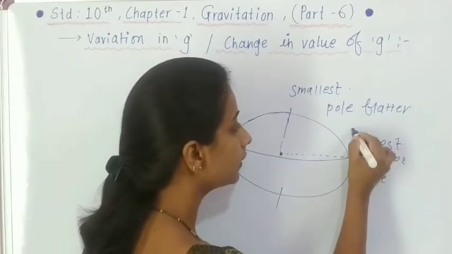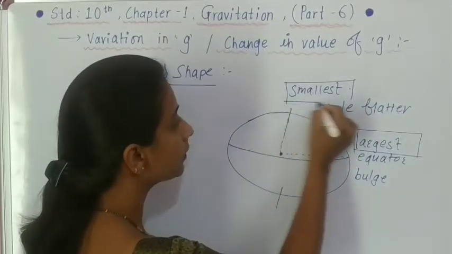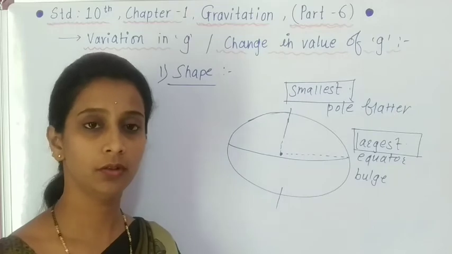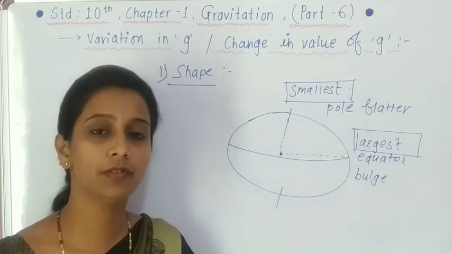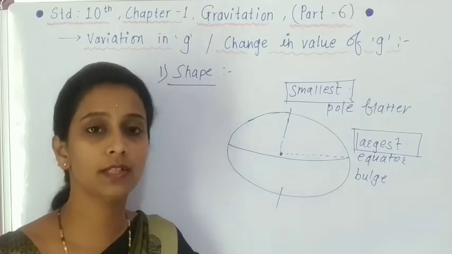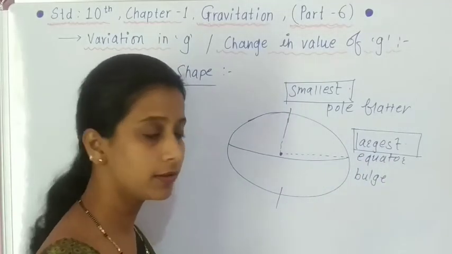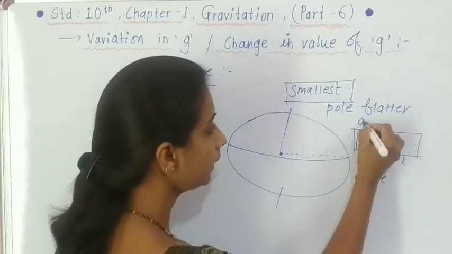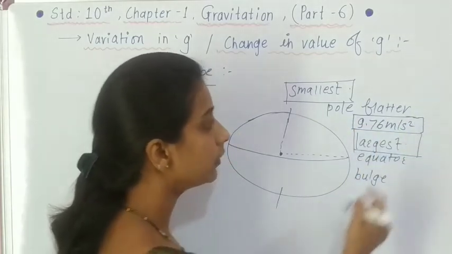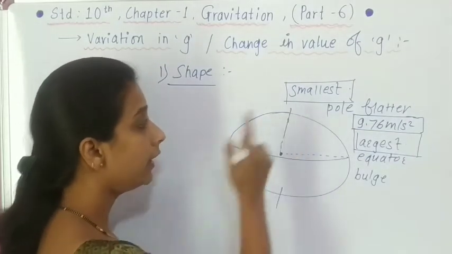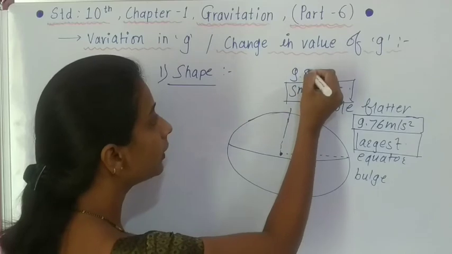So the radius of earth is the largest at the equator and the smallest at both the poles. Okay students, we have seen in the formula that as the radius increases, the value of g decreases, because these two are in inverse proportion. So here, where the radius is largest, the value of g is 9.76 meter per second square, and where the radius is smallest, at that point the value of g is 9.83 meter